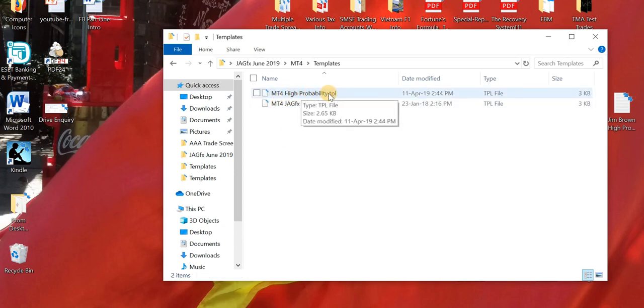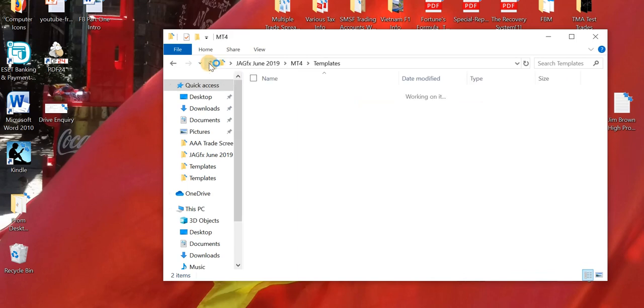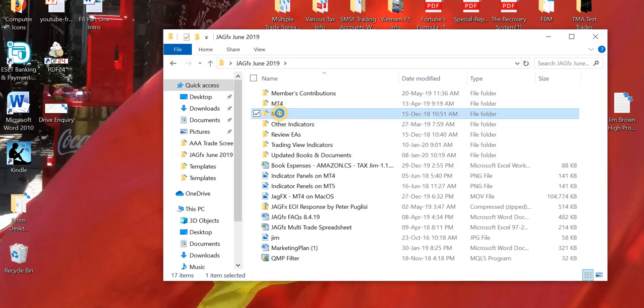This template, high probability, this is the MT4 high probability, applies to the high probability book and the Divergence book. You will only receive this JAGfx modified MACD template if you've bought the basics book, the Forex Trading Basics Explained book, all right? If you've got all three, you'll have both templates. Now, if I go up, same applies to MT5,